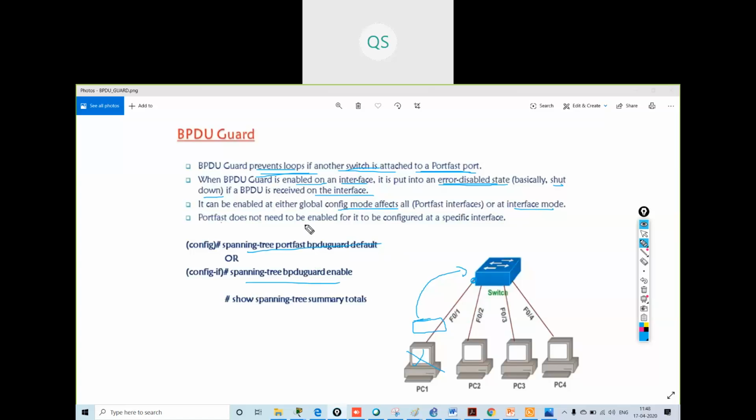Port fast does not need to be enabled for it to be configured on a specific interface. Understood? Now we will see the practical for BPDU guard.